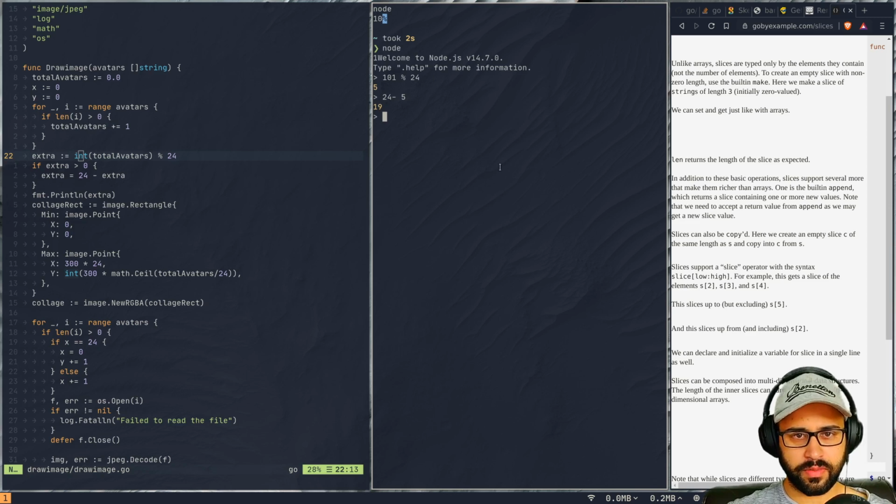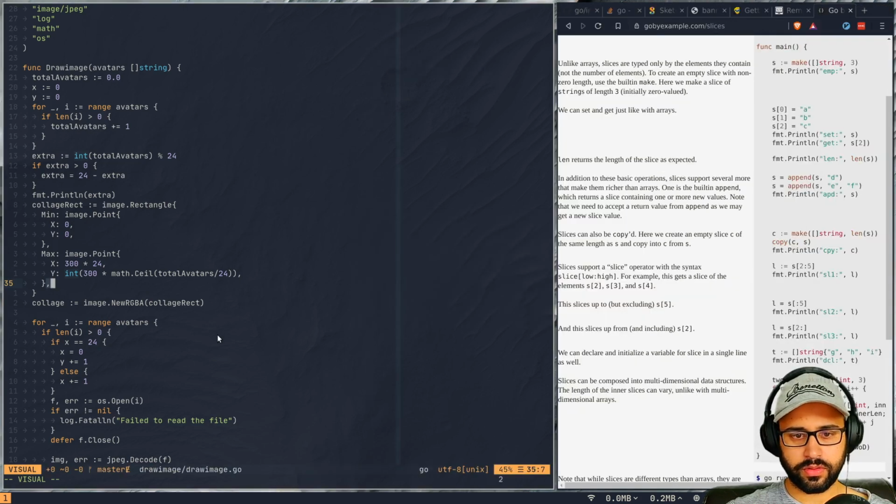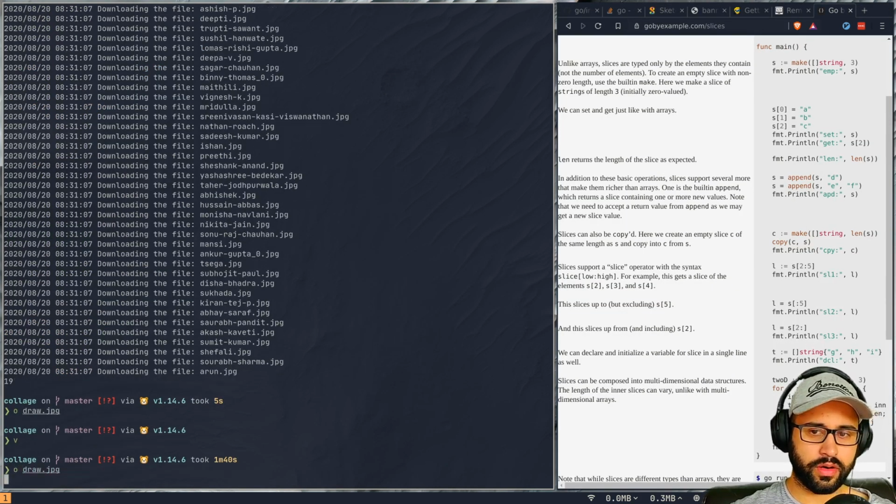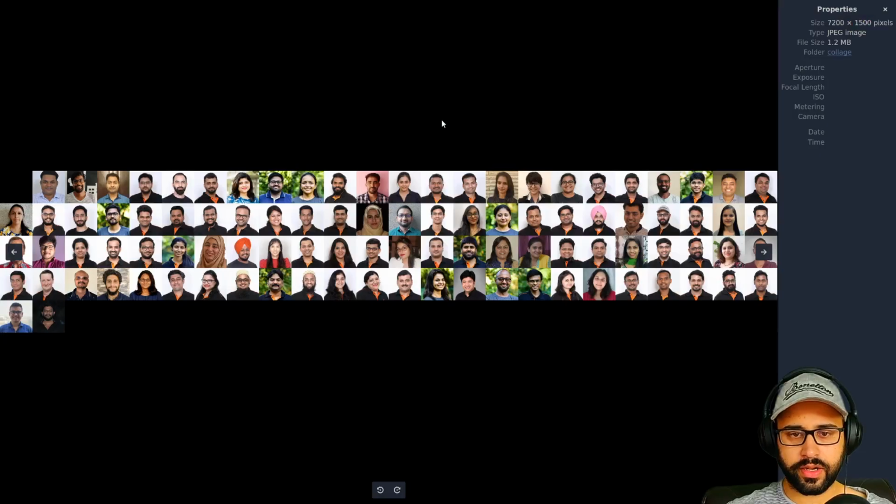Okay, let's check the image once more. Let's close this window. Let's open drawer. Are we having like 24 images currently? It's 1 2 3 4 5 6 7 8 9 10 11 12 13... 24 images are there. So that is fine. What could be the issue that it is